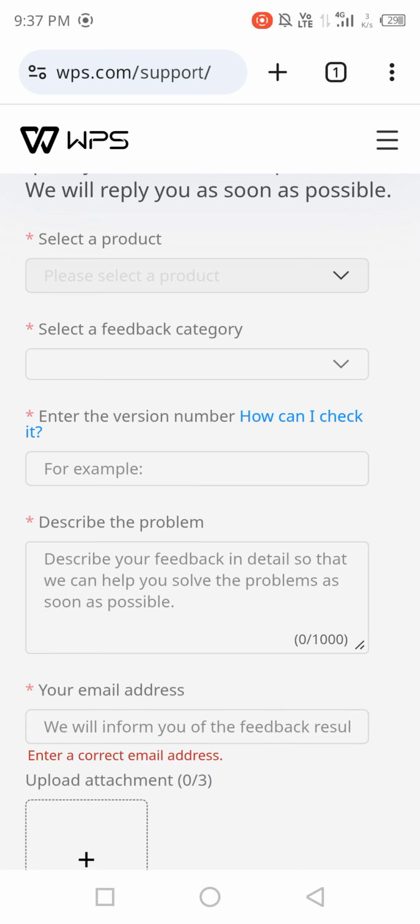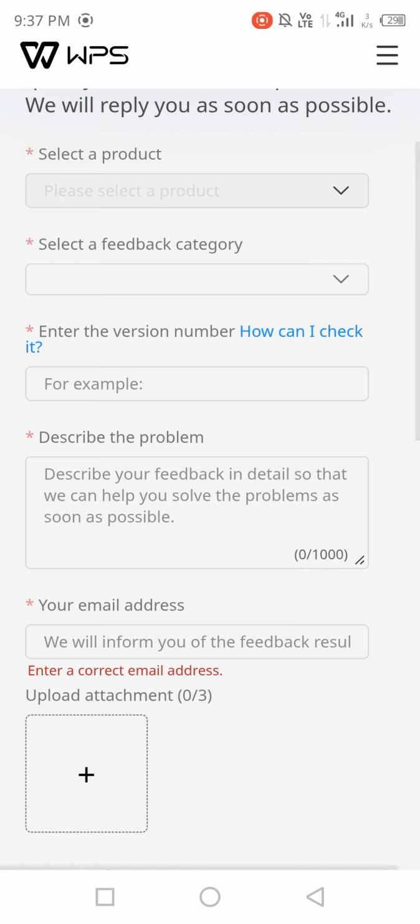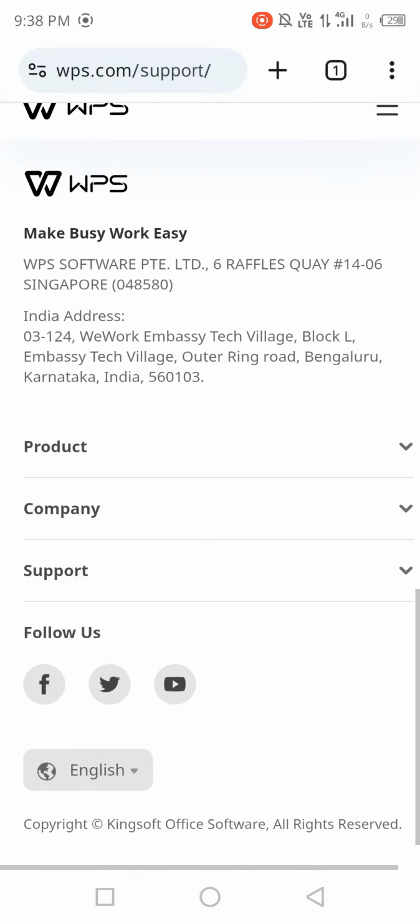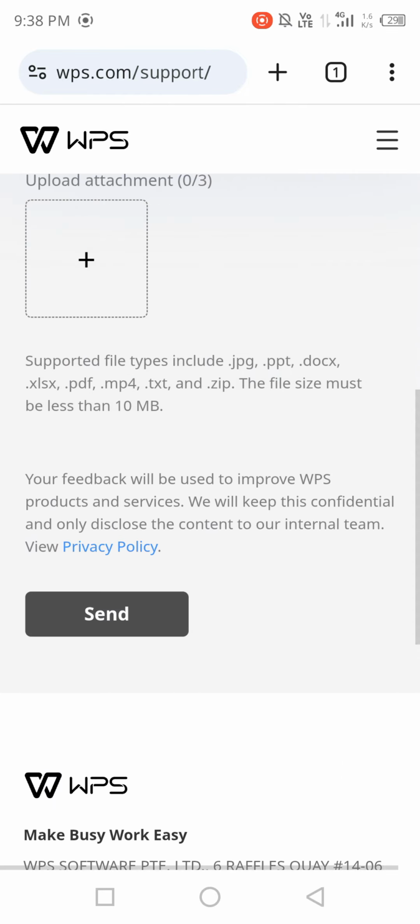Downside, when you click there, at the bottom you can see the refund process, where you select a product. You need to select whether you are doing it for iOS, Windows, Android or Linux. Just like Windows, there is Linux too. So you need to select the right product. Then product details. Once done, just press the send button, and make sure that you are doing both